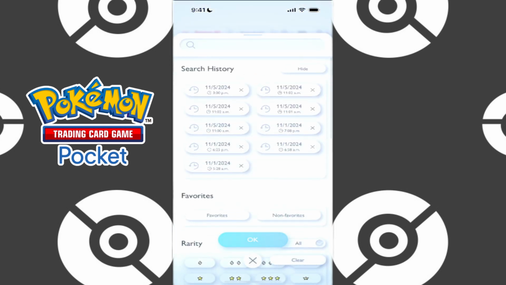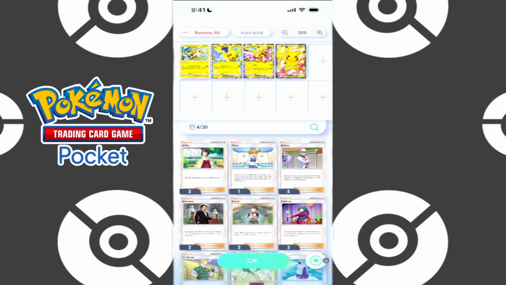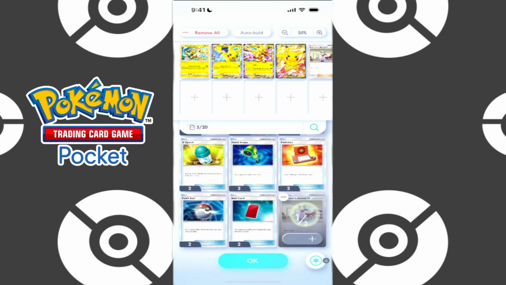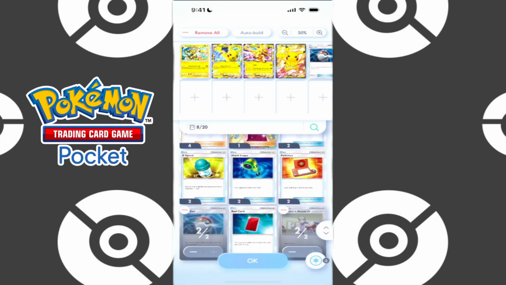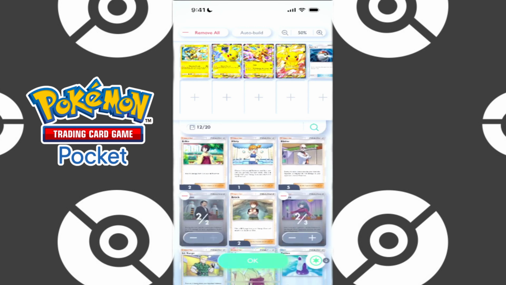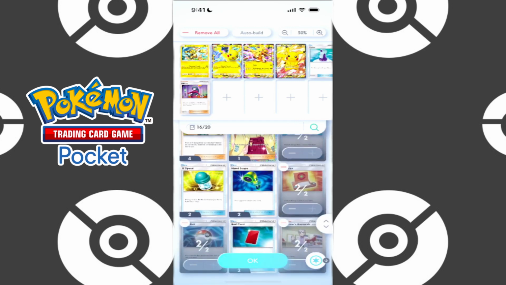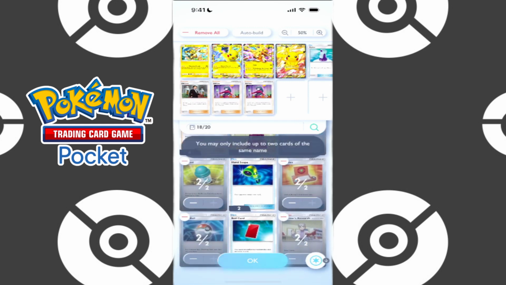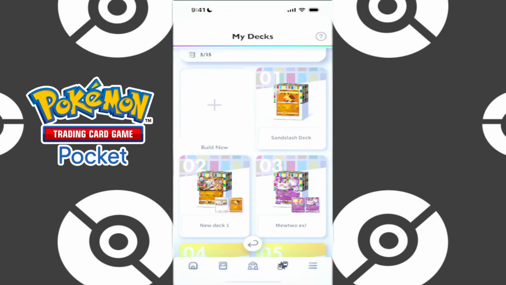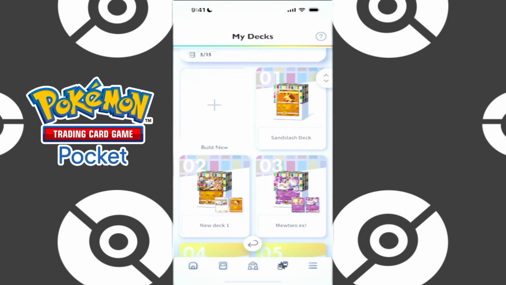Then we'll go grab ourselves some trainers, where we'll grab 2 of these, 2 of these, 2 of these, 2 of these. We don't really care about any of the rest of this. We hit OK. Save. Because really, one of the things that I will say is nice about this is that